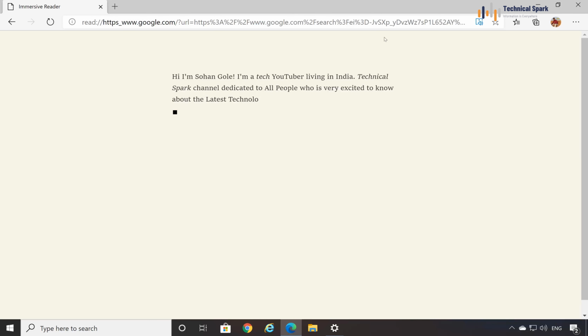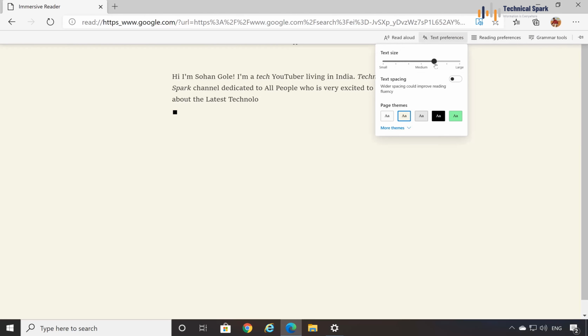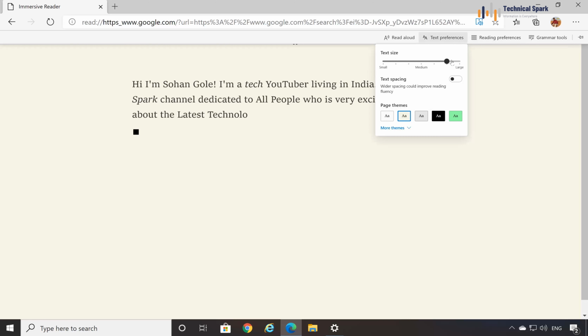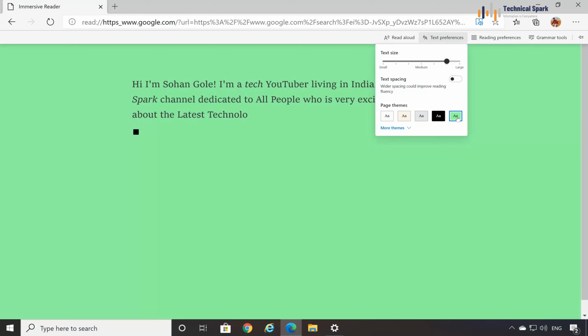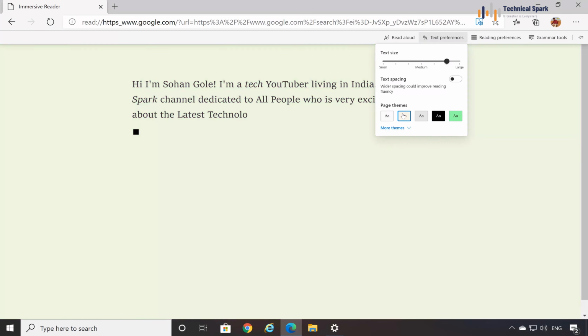Here all the text is opened in the warmer browser view which I mentioned earlier, and here we can choose the text preference like small, medium, or we can change the background theme, which is light, sepia, gray, black, and green. So I'll keep the default one. What makes it stand out from other browsers is the read aloud feature. So here is a quick example.